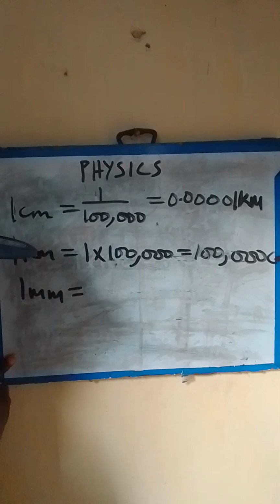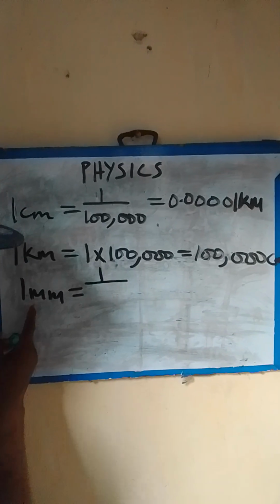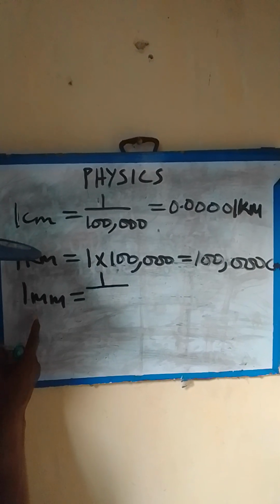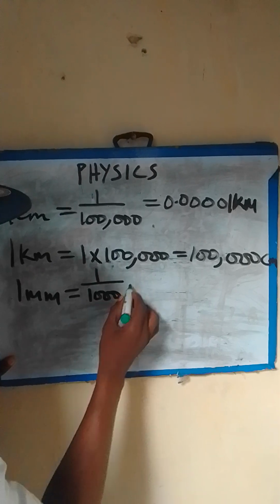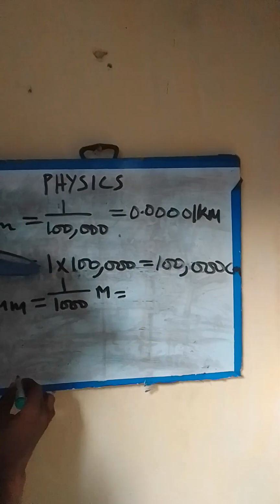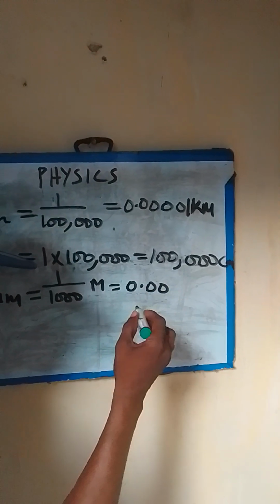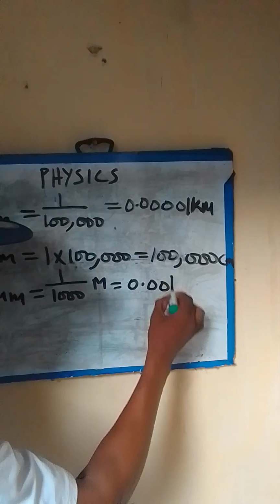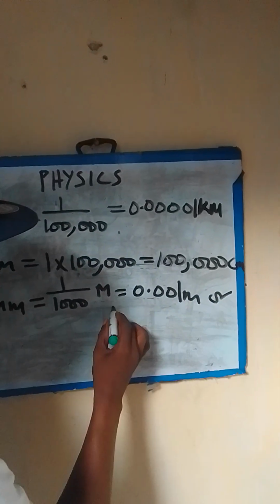To convert it to meters, you divide the value in millimeters by 1,000, and at the end you are going to have 0.001 meters,